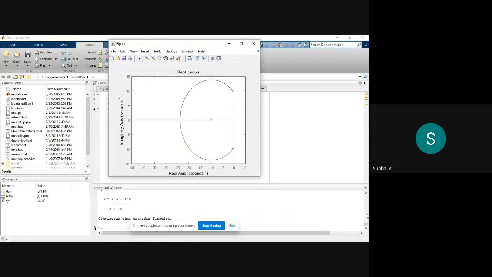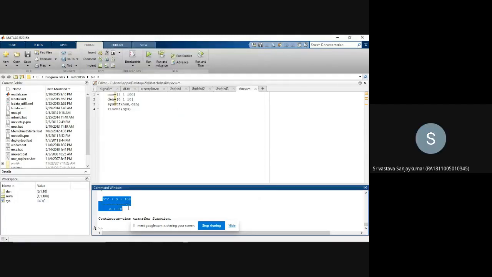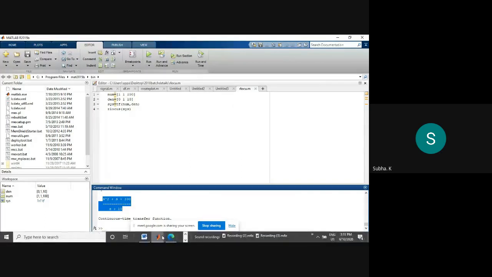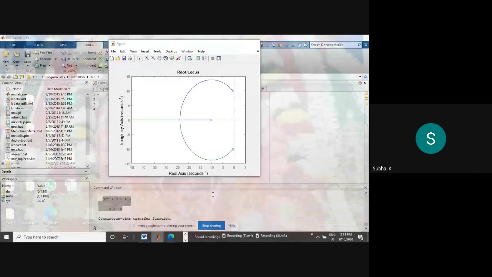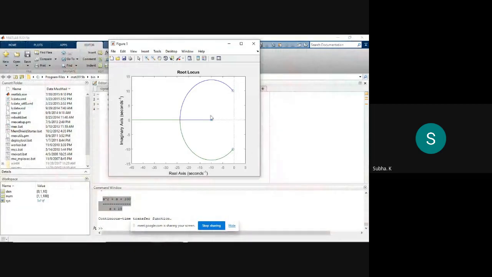What is the pole and what are the zeros for the system? Minus 10 is my pole. What are the zeros? Again I will show the figure. Like this one graph will open. Only one cross mark is there. This cross mark is located at minus 10. You can check for yourself. That is a pole. And this circle mark is a zero.